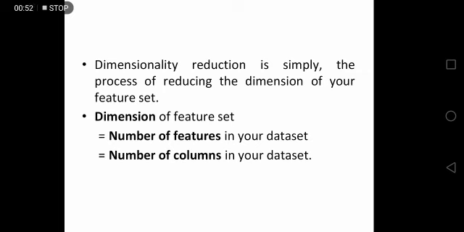Your feature set could be a data set with 100 columns, that is features, or it could be an array of points that make up a large sphere in three-dimensional space. Dimensionality reduction is bringing the number of columns down to say 20 or 30, or converting the sphere to a circle in a two-dimensional space.